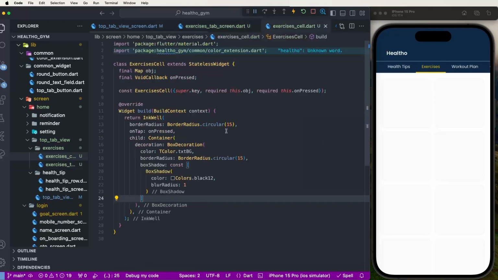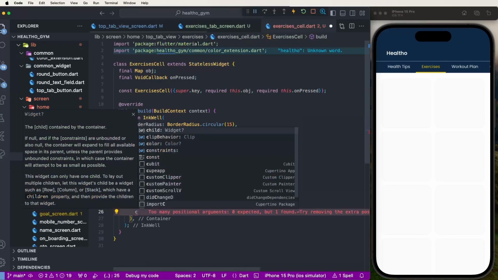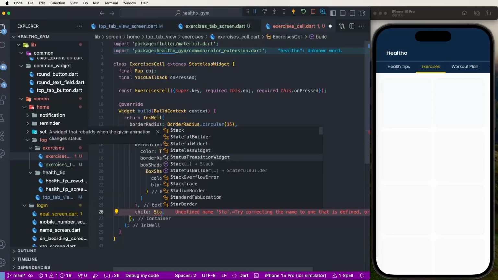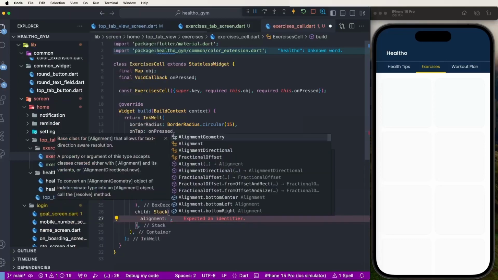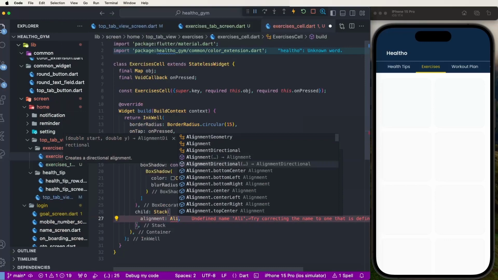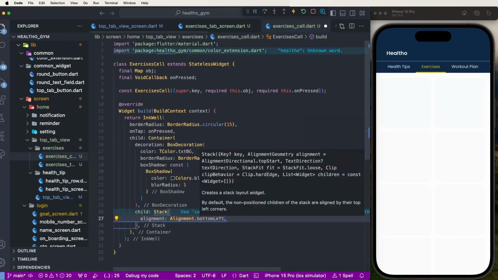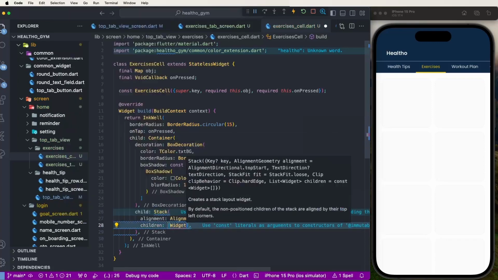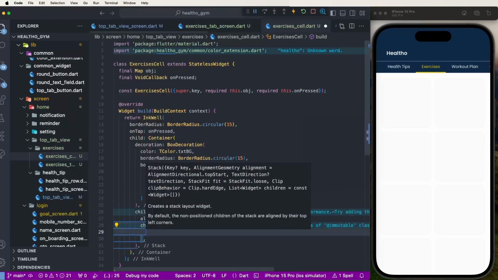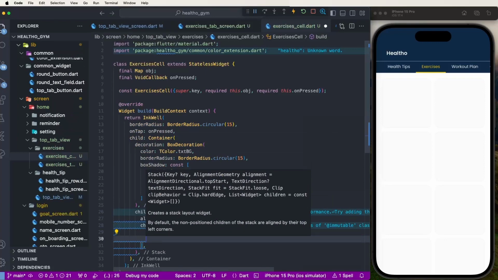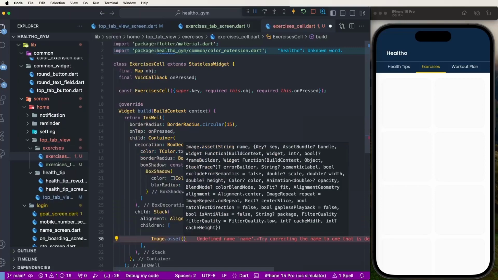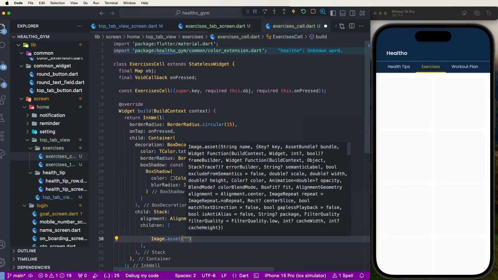Now we need to go to these cells and first of all create the children for these containers, children, and set the Stack, and also give the alignments, set bottom left like this, configure. Now we need to create the children, and first of all we need to develop the image. Set the image assets